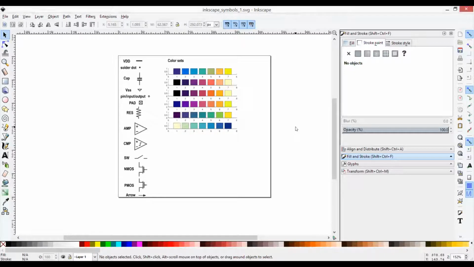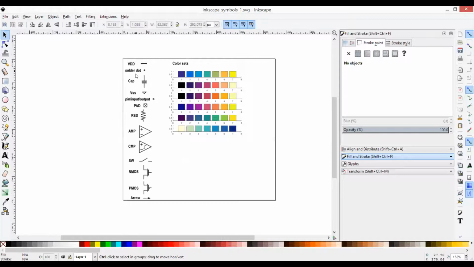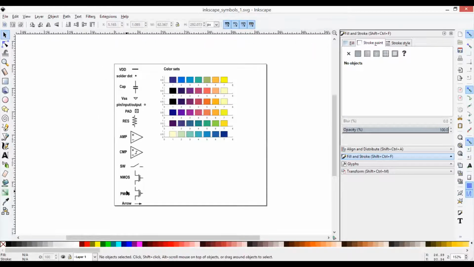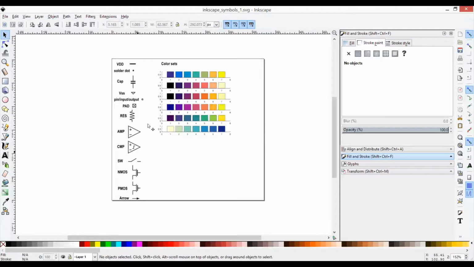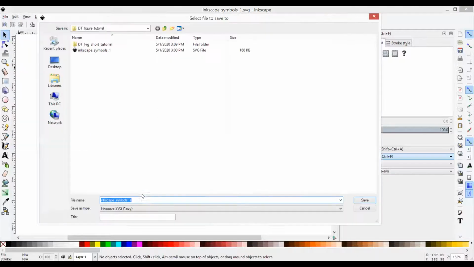These are just some starting schematic symbols you can use if you want. Or if you have some in Visio that you like, you can export them. You can export any Visio image as a PDF or an SVG and then import it into Inkscape, and you can get access to all those figures. So it's pretty flexible for you to get up and running with whatever figures you want. I'm actually just going to save this as a new